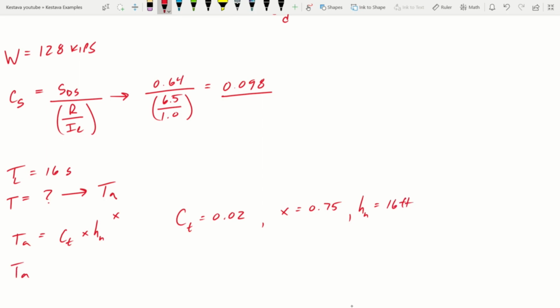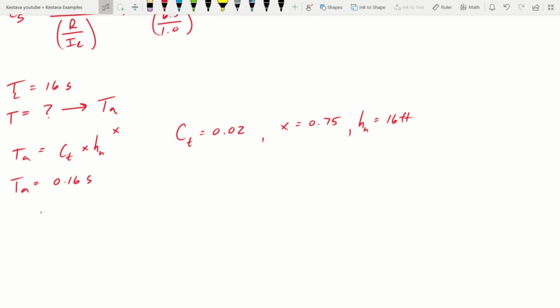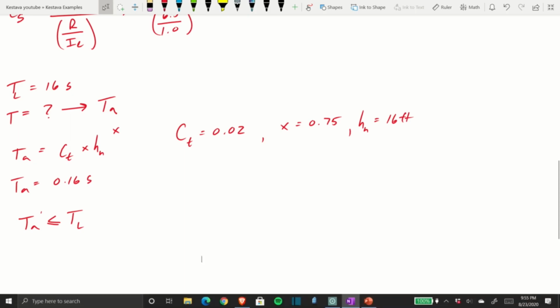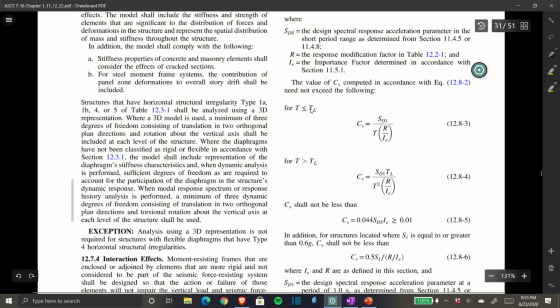So if we plug all those in, we get TA equaling 0.16 seconds. And that's our approximate fundamental period. Now that we have TA, which is substituting T, we can now see that TA is less than or equal to TL, which means if we go back into the code, which equation do we get to use now? So we scroll back up, and now we find ourselves back in this neighborhood. So this is equations 12.8-3 and 12.8-4. We have T less than or equal to TL, which means we use